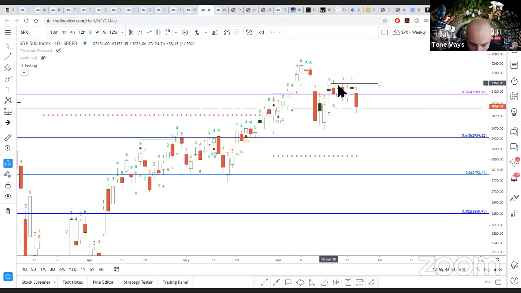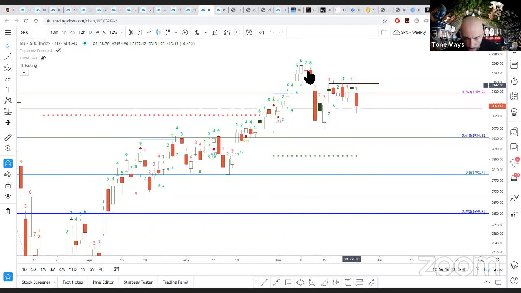Like this 1, 2, 3 on a short scale, to me is kind of like this 1, 2, 3. I know these two are dead even, and this one is a little bit lower, but this is what I expect. And then I expect a monster breakout to the upside. This is no different on a shorter time scale, but the fundamentals, it was the fundamentals. I am 90% TA and I am 10% fundamentals. And I had to go with the fundamentals, and I continued with my short trade.